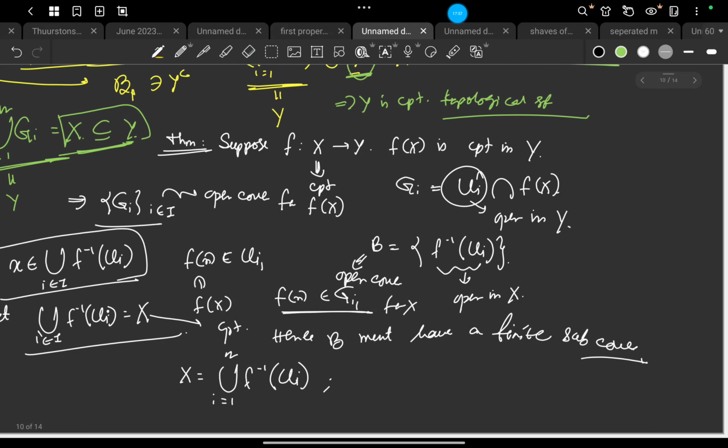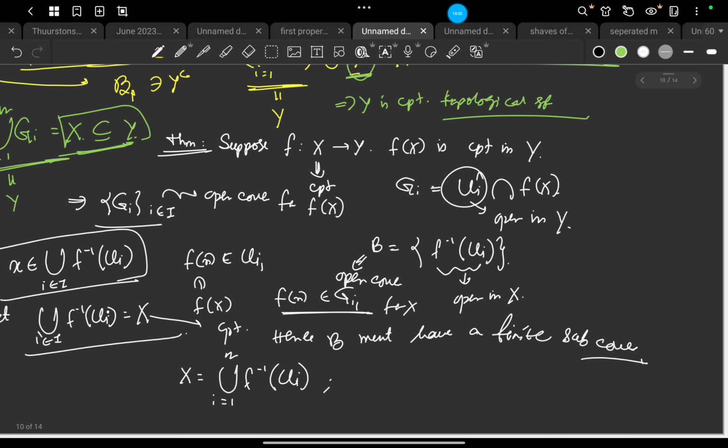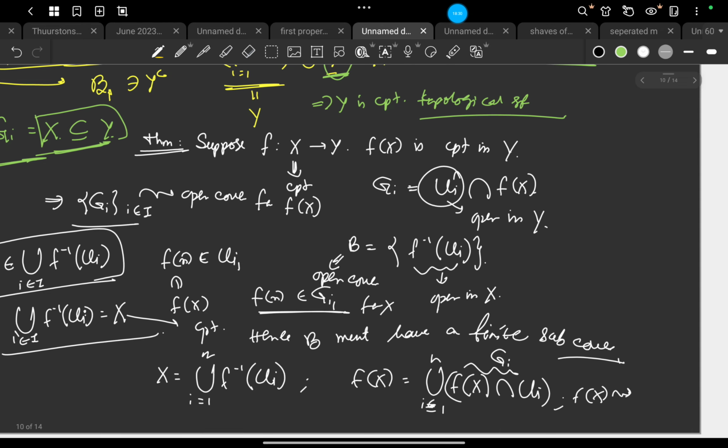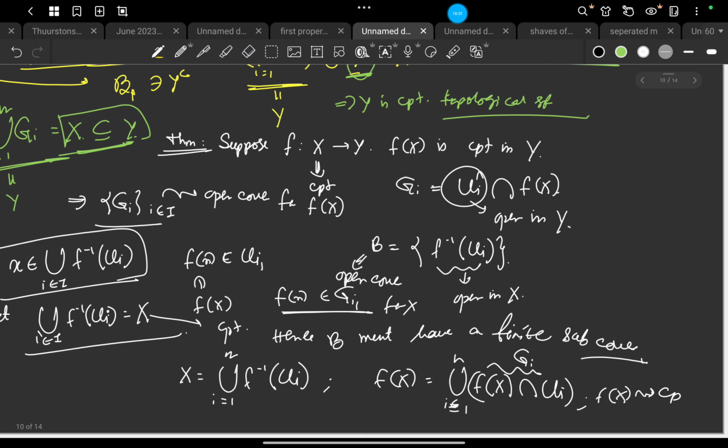Then we can show that f(X) is the union of i equals 1 to n of f(X) intersection U_i. So these are basically G_i's, finitely many G_i's. So f(X) is compact.